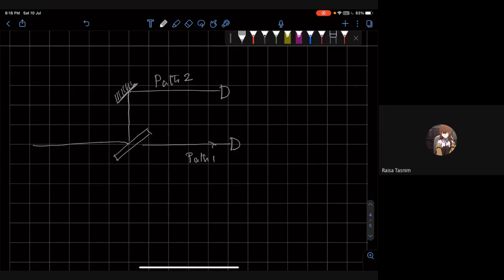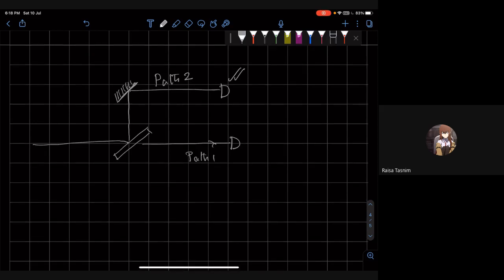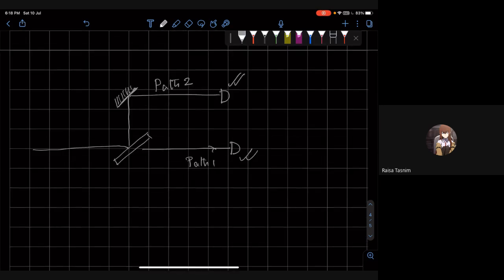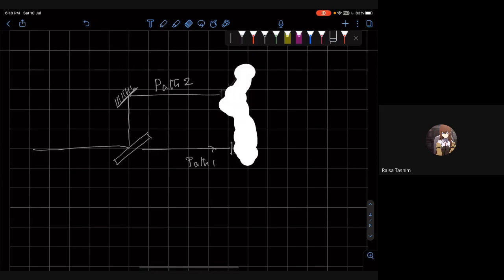So suppose I send one photon in, right? And if this one ticks, then we know that the photon took this path number 2. If this one ticks, then we knew that the photon took path number 1. But the idea about quantum mechanics is, what if I don't have either of these things? What is the